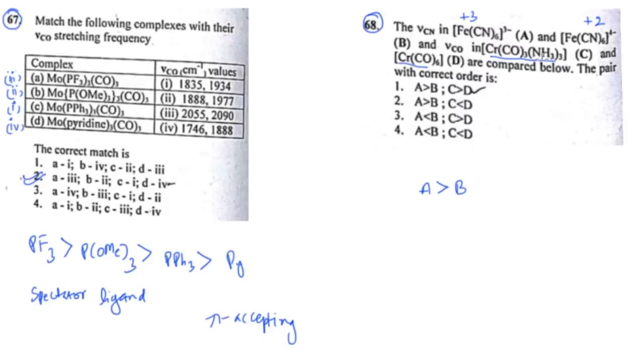Because this NH3 is present trans to it, and it will give its electron density towards the metal. The metal will have higher electron density, and as the electron density on the metal increases, the carbonyl frequency decreases. So in compound C, you have higher electron density over chromium as compared to D. So among C and D, C will be less than D. That's how your correct option will be option number